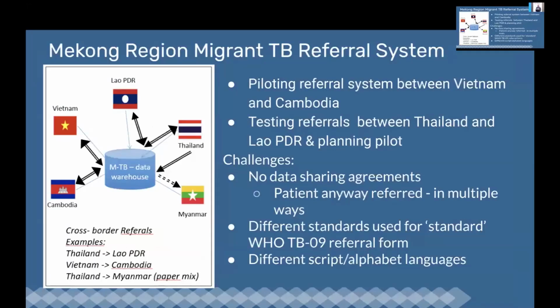We have started a pilot between Vietnam and Cambodia, and we'll tell about that. And we are testing referrals between Thailand and Laos PDR, and they have agreed to start a pilot once we have these things organized. And the challenges